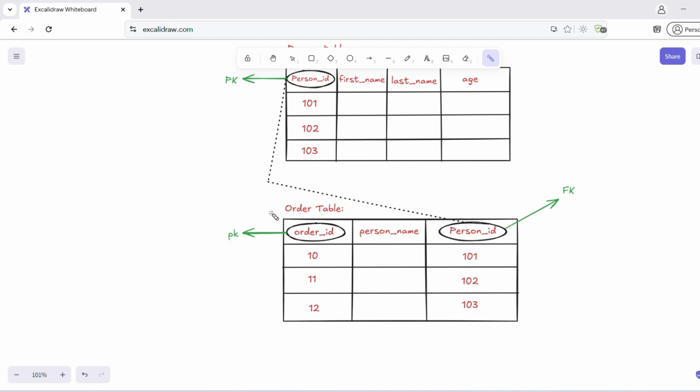So how do you see whether a column is a primary key or not? See the values. If the values are repeated, then that is not a primary key. That may be a foreign key, though it's not mandatory to be a foreign key. Okay, so I think you have